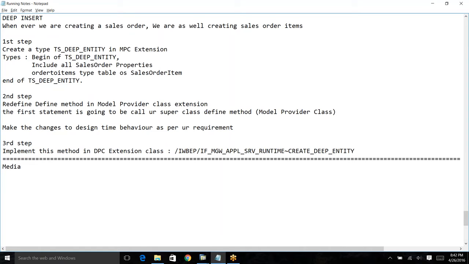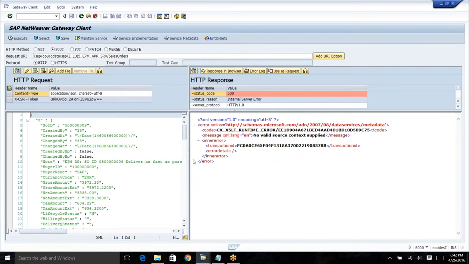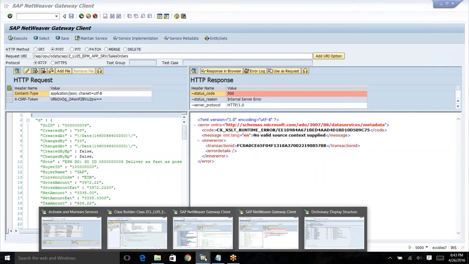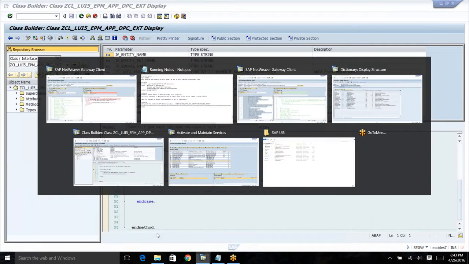Okay, so anything with attachments, either a photo or a Word file or PDF file, we are going to treat it as media in the OData. Okay, so how to create an entity as media and how to retrieve it, we are going to see. Okay, so in my scenario,